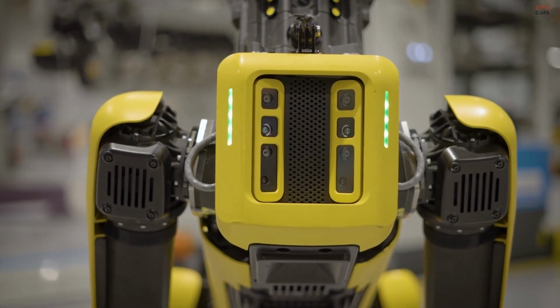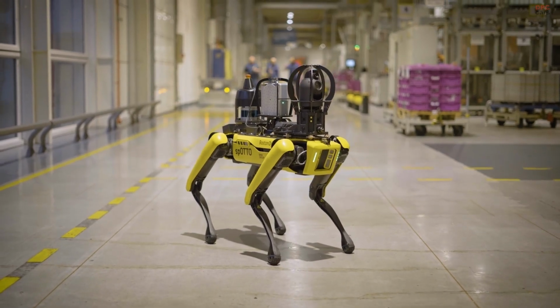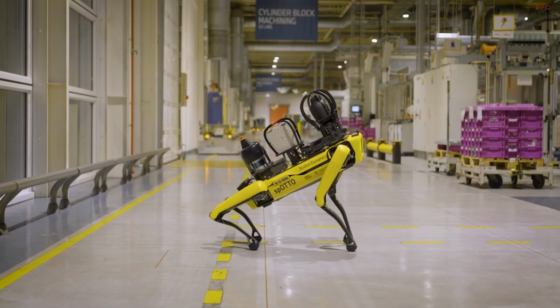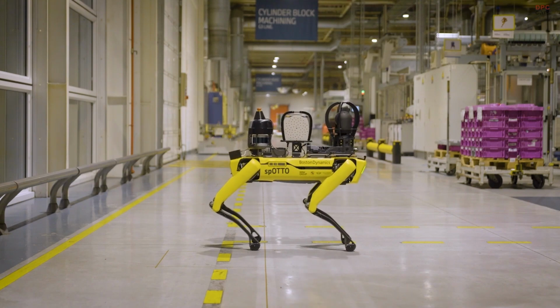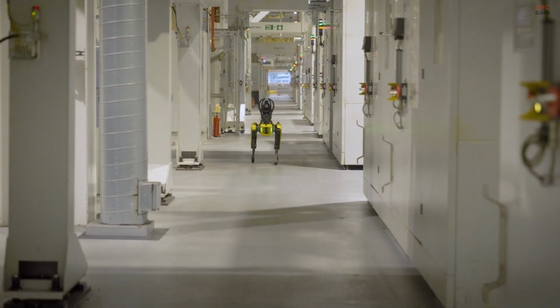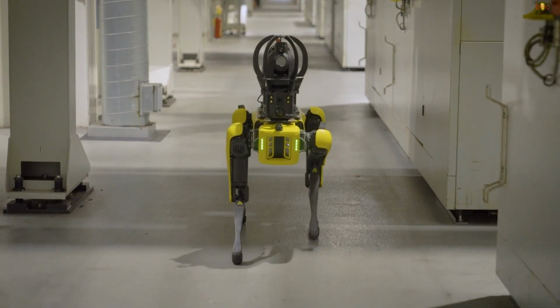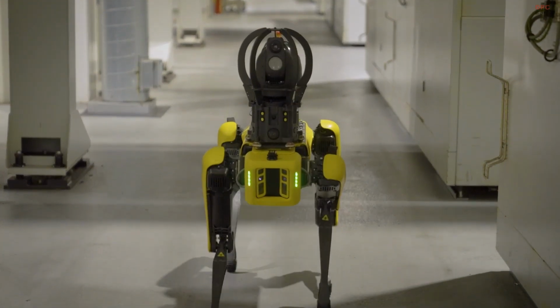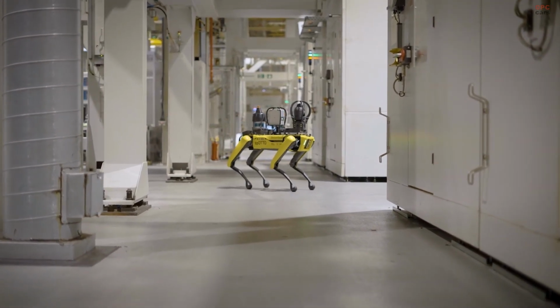The robot dog, equipped with cutting-edge sensors and cameras, patrols the plant autonomously. It can navigate through narrow and complex environments that are typically challenging or hazardous for human workers. Its primary role is to conduct routine inspections and surveillance, capturing real-time data about the condition and performance of the machinery. This includes detecting signs of wear and tear, monitoring operational parameters, and identifying potential faults before they lead to